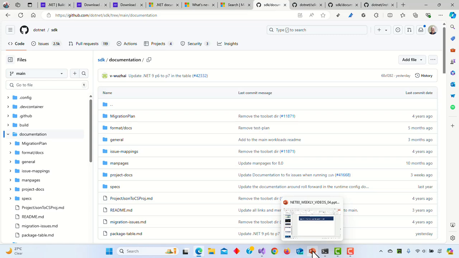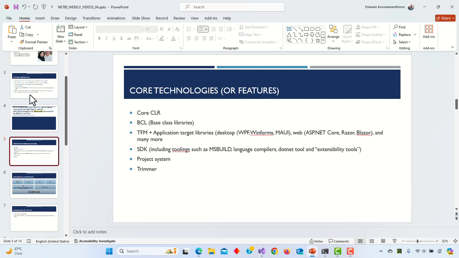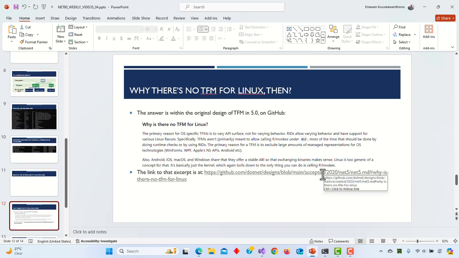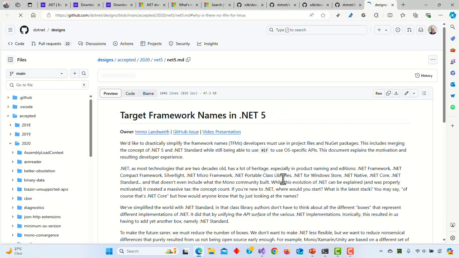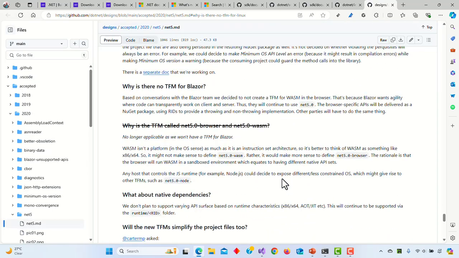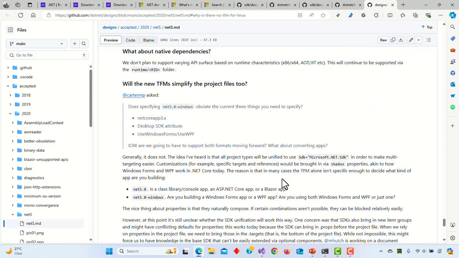Okay, let's try to go back to the slide and click from there. There should be a clue of supported operating system. There is no TFM for Linux. Okay. Runtime ID. You have a very nice explanation of